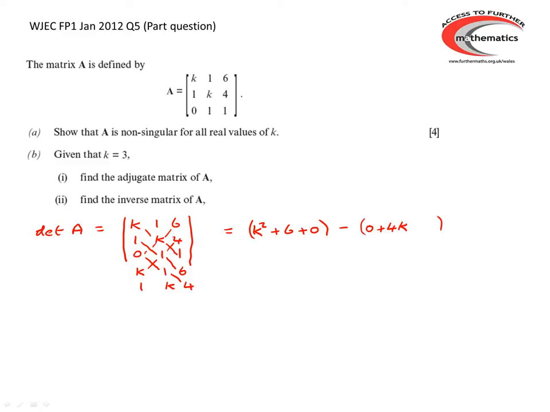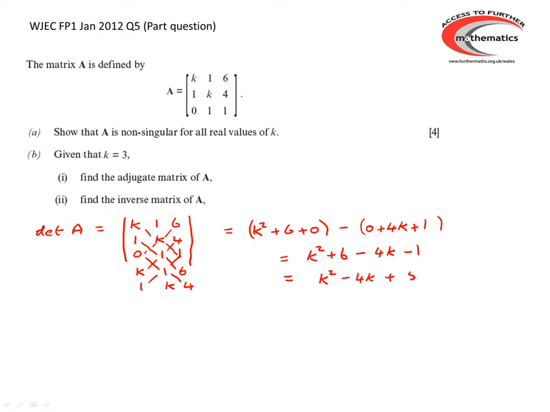And I've got 1 times 1 times 1, which is 1. So the value of the determinant is k squared plus 6, take away 4k, take away 1. So that is k squared minus 4k